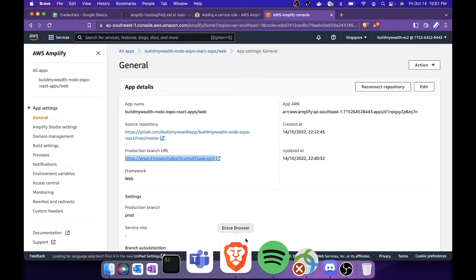JJ here, and I will show you how to fix the common problem when deploying an SSR or server-side rendered web application in AWS Amplify. So AWS Amplify is a no-code deployment service offered by AWS, which helps us easily deploy a Node.js application, as an example. However, there is a usual or common problem that a developer always encounters, wherein when they deploy a